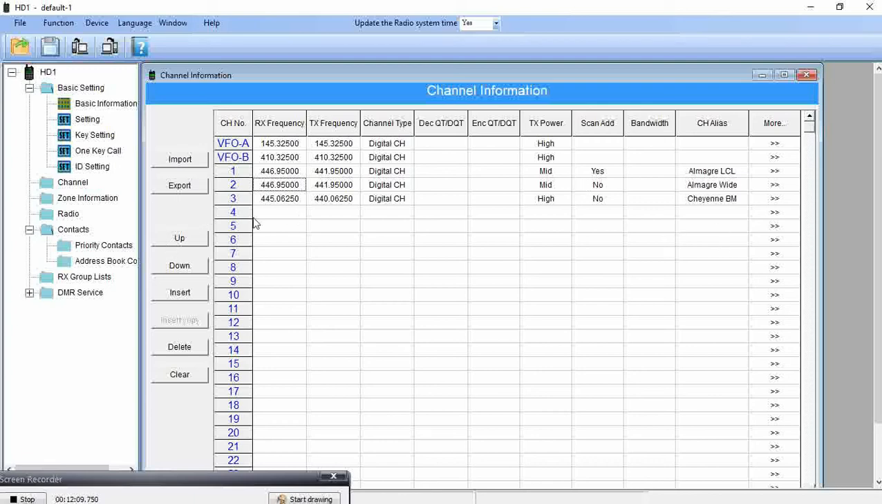So we've got 3 digital channels now. Now let's do an analog channel. It's not going to let me go into it until I populate these fields here. So our analog channel is receive is going to be 155.61000, and our transmit frequency is going to be 155.0100,